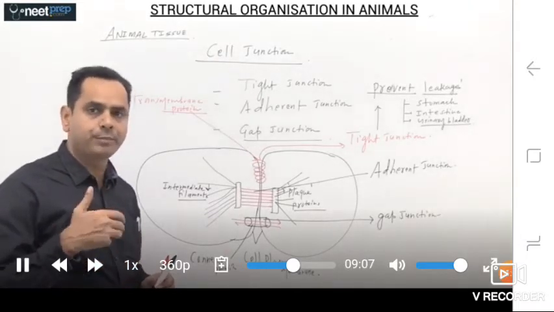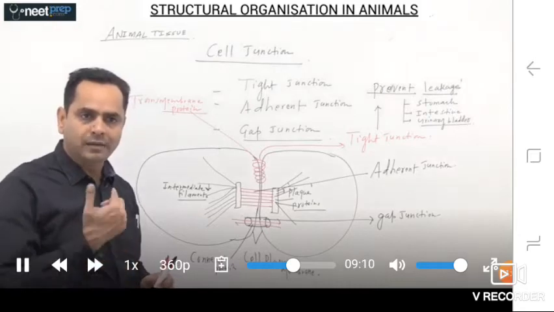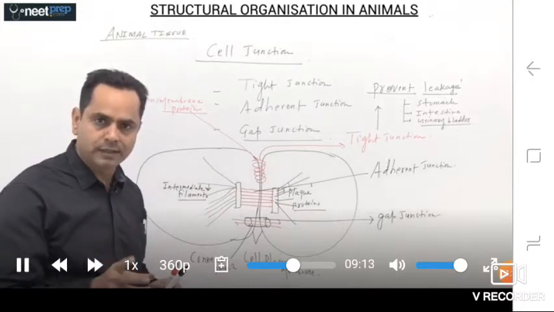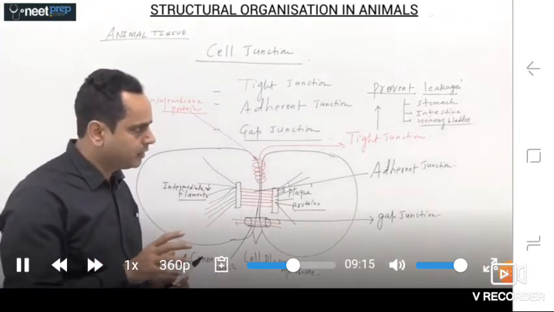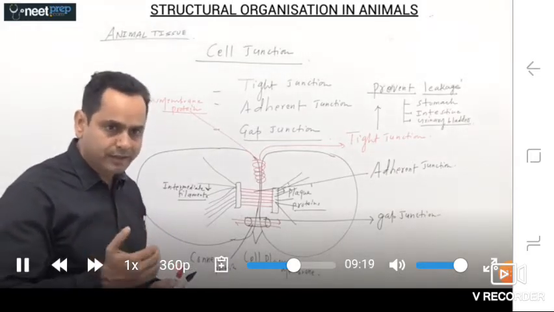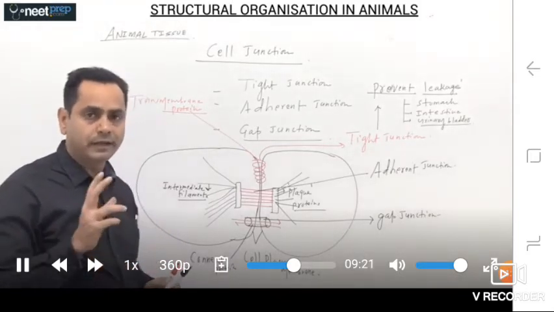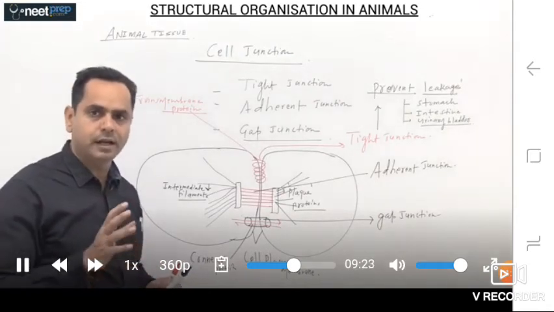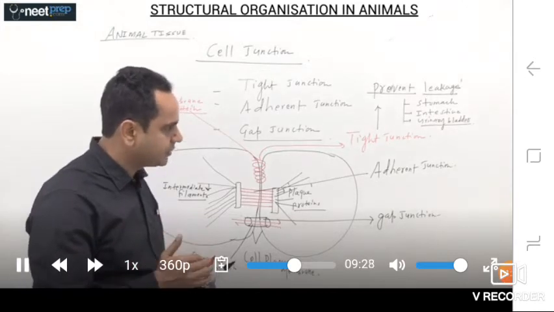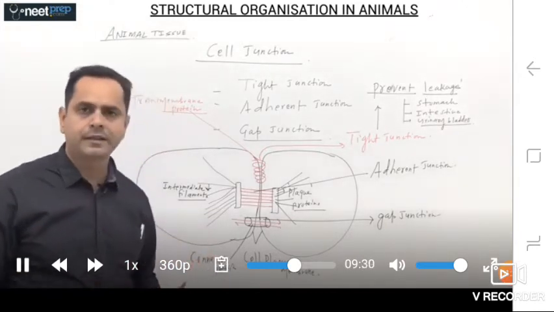Web-like transmembrane proteins that bind the plasma membrane of two cells, and that is located on those parts of body tissues where chances of leakage are there. To prevent that leakage, tight junctions are present, and examples of tight junctions can be seen in the stomach, intestine,